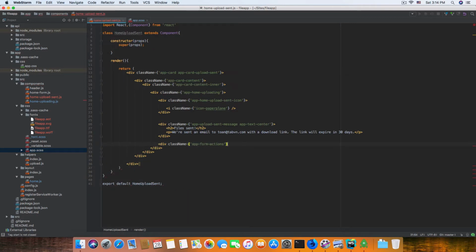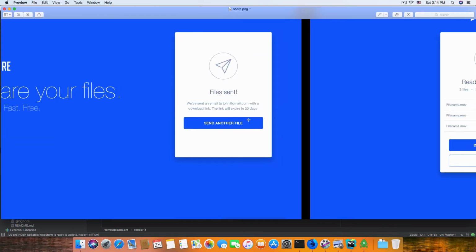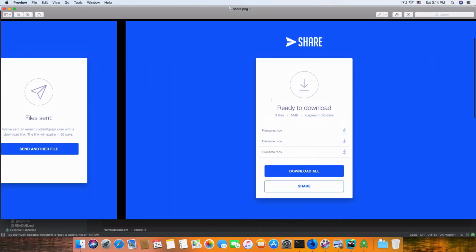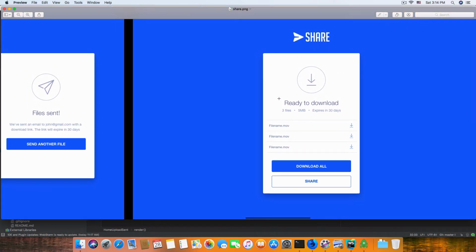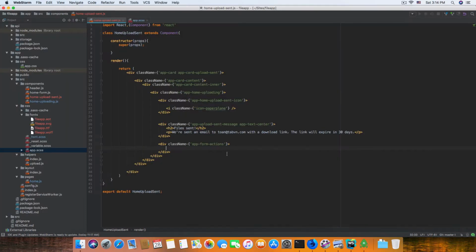So we need to have two buttons. The first button will send the user to view the downloads, and another button will send another file. So we can do it like this: div button, alright, view file, and another button will be